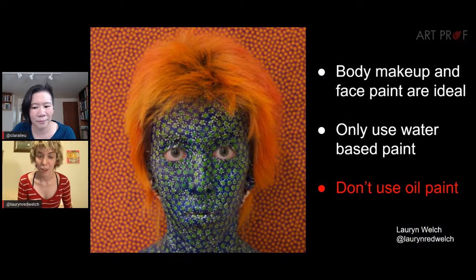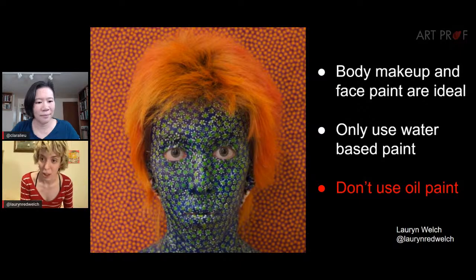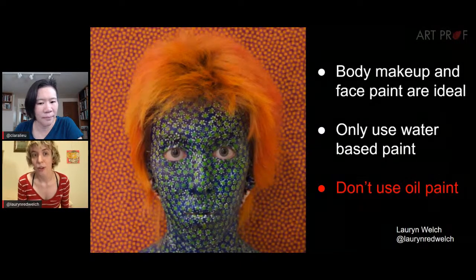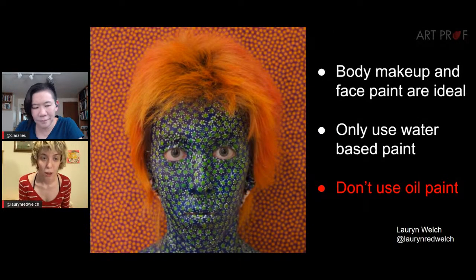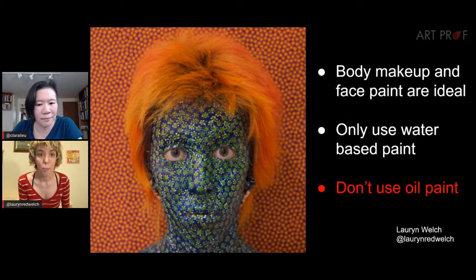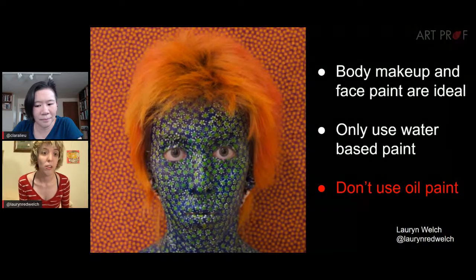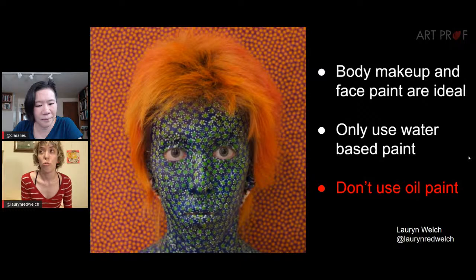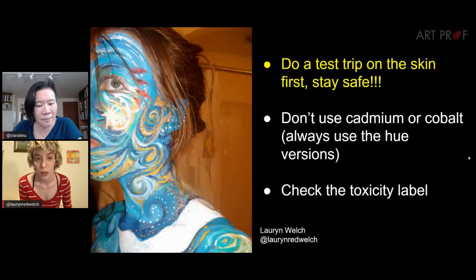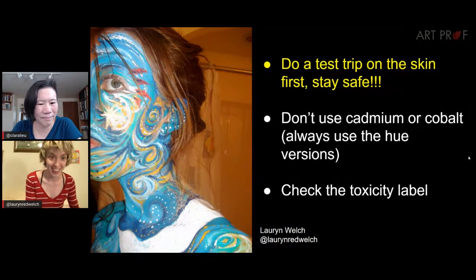When I have used skin specific makeup, I have used Cryolan. There are a whole bunch of other ones out there though, and we can link to some of those afterwards. But if you are going to use acrylic because that's what's available to you, that's how I started, you would want to do a test strip of paint on your skin first to make sure that you don't react. I have lived with people with extremely sensitive skin, and this is a huge issue for my models to be able to actually get through a session.